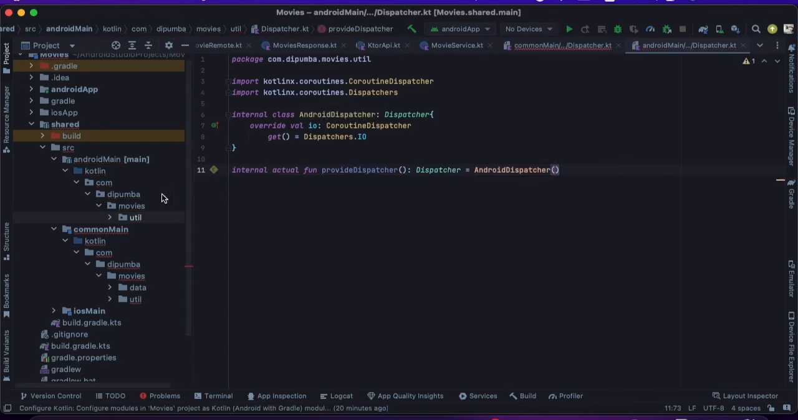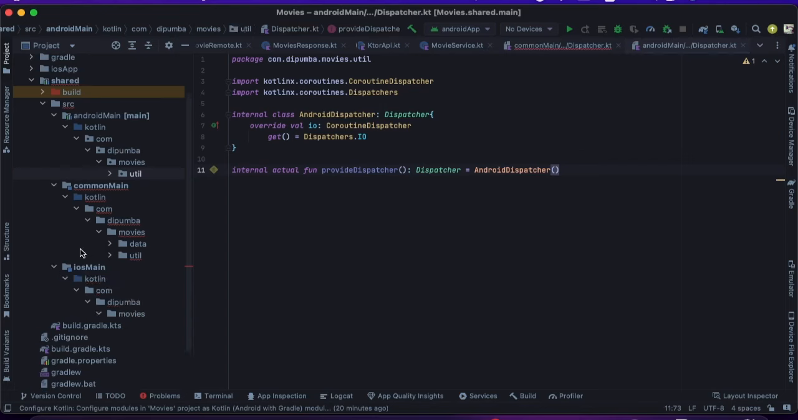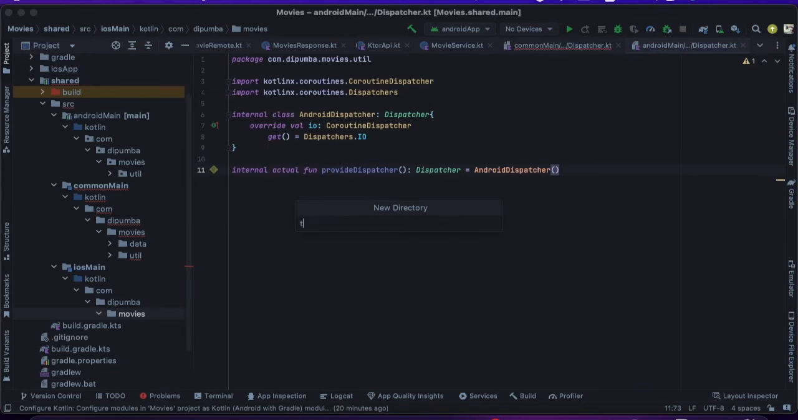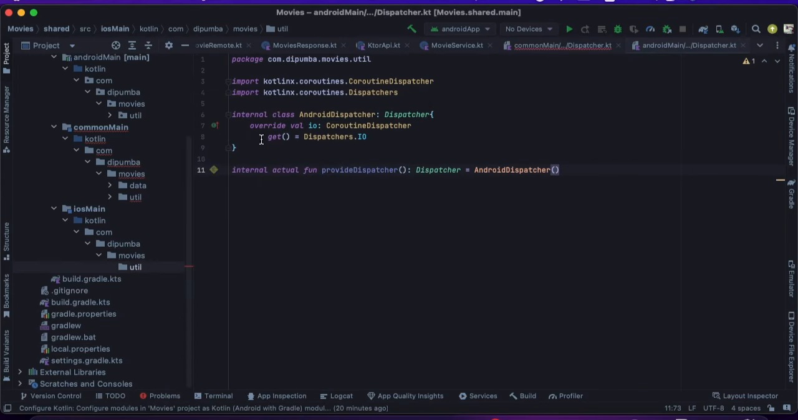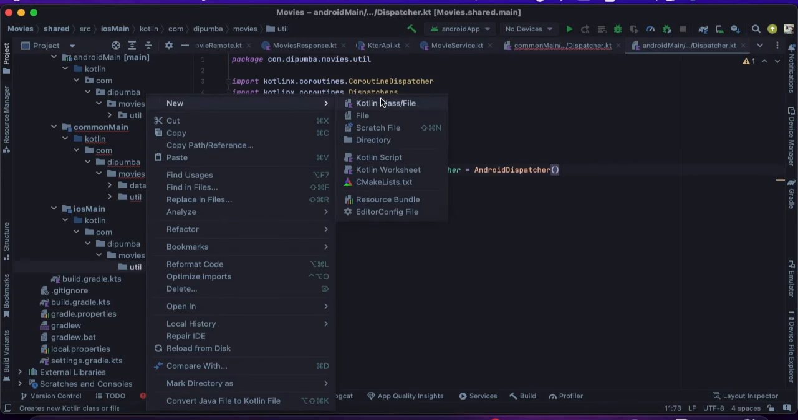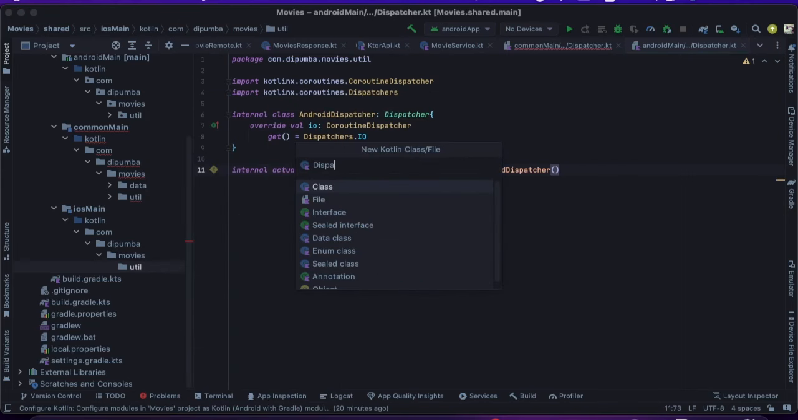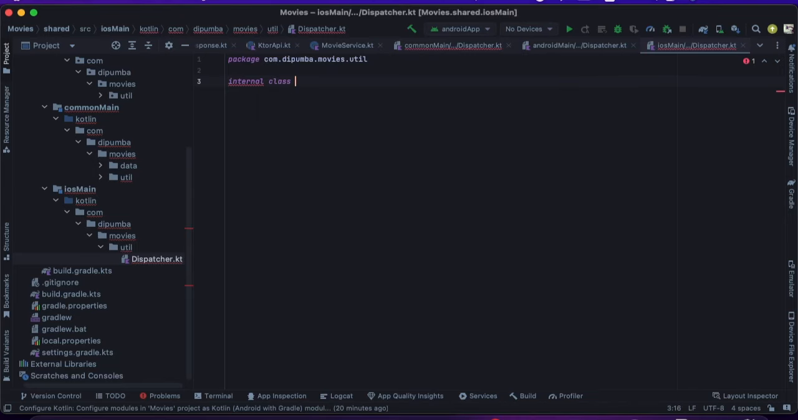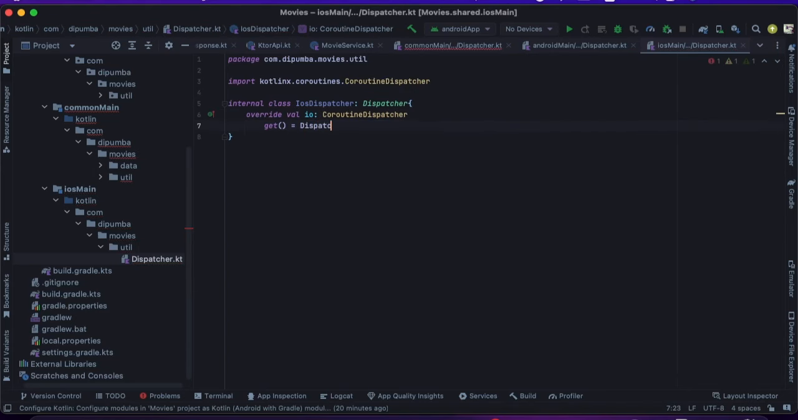We need to do the same thing here under iOS main. Let me expand this, create a directory, new directory. I'm going to call it util as well, and in here I'll create a new Kotlin class file named dispatcher. I'll create here an internal class called iOS dispatcher. This will implement the dispatcher and provide the IO dispatcher as dispatchers